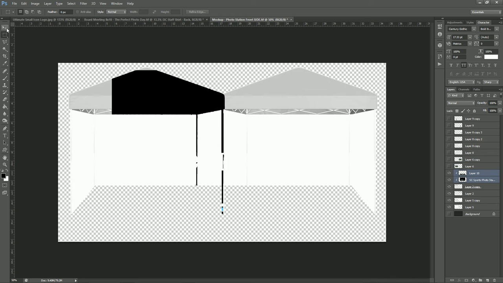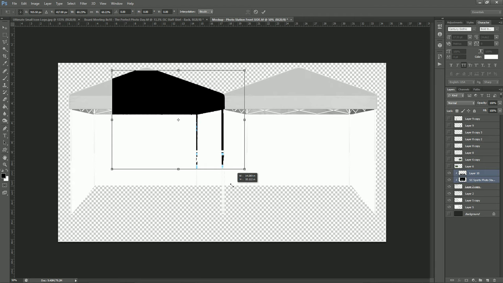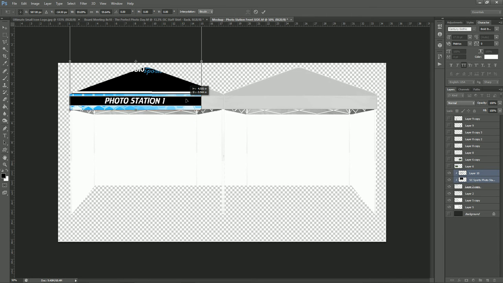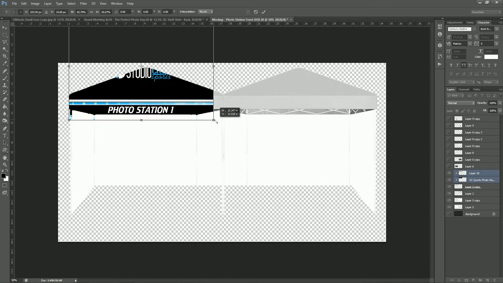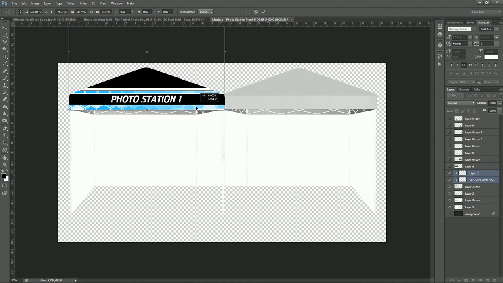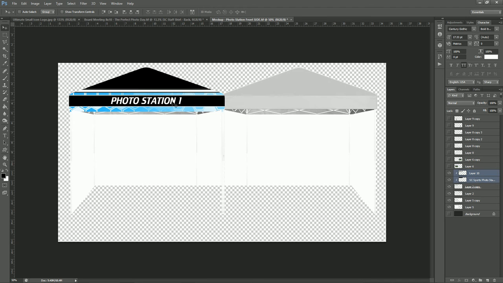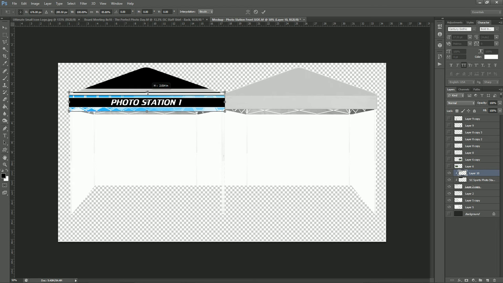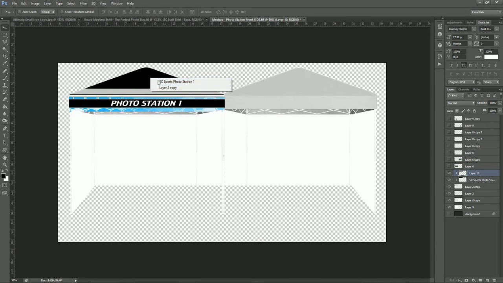So now we're on this tent here. You can, on this one, grab them all together and bring them over and make them the width of the tent. Go ahead and apply that, and now we'll work on just the photo station because it's a little bit too large. So we're going to go ahead and just kind of bring this down a little bit. Go ahead and apply that. Now we're going to grab the top one, bring it down, and you can see it's not at an angle right now. So we're going to go ahead and grab it,